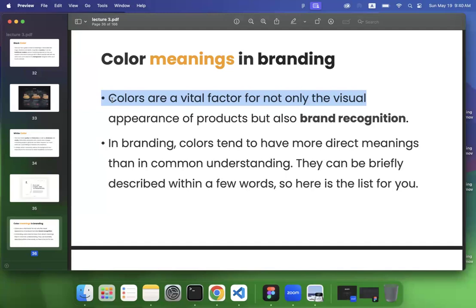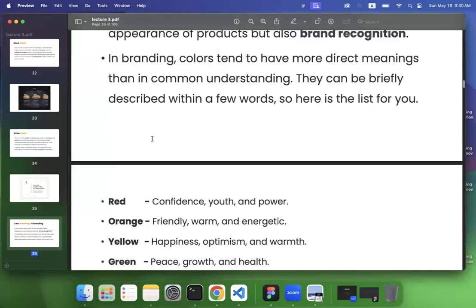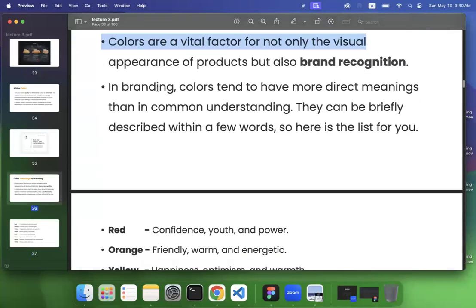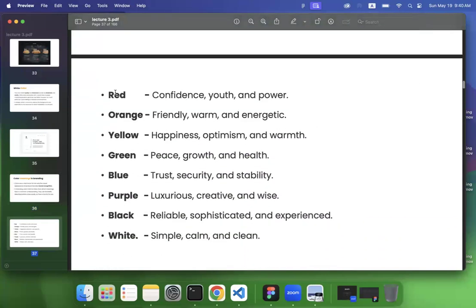In branding, colors tend to have more direct meanings than in common understanding. They can be briefly described with a few words. So here is the list for you. These are the colors and the human emotion or message that they want to convey to the users. So red color represents confidence,